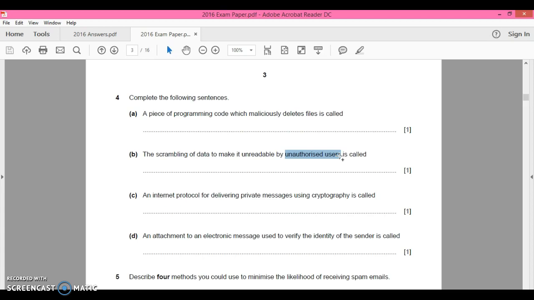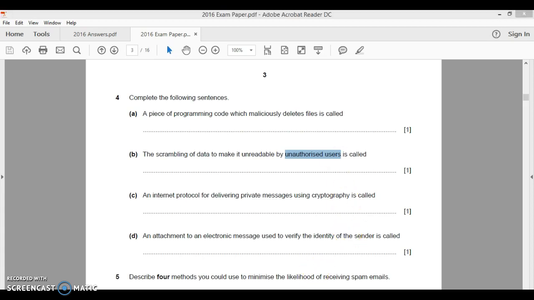So, basically what you're trying to think of here is, okay, I'm going to pay for something online. My mum's given me her credit card. I'm going to buy this game online. I'm going to go to, I don't know, game.es, and I'm going to buy this game using my mum's credit card. I don't want other people to see the details that I'm putting in. I don't want people to see my name. I don't want people to see my address. I particularly do not want people to see my credit card details. So what they do is they actually encrypt pages on the internet to make sure nobody else can see them except you, because you're the authorized user.